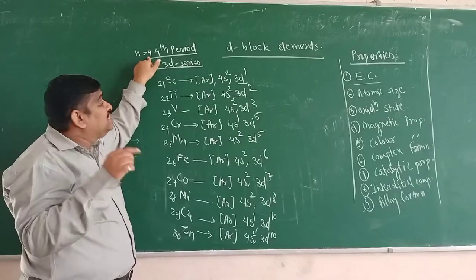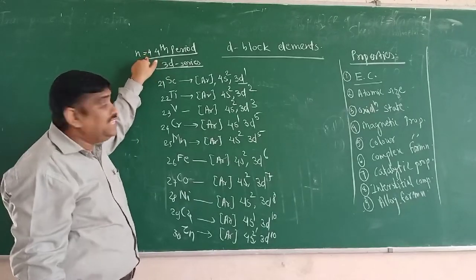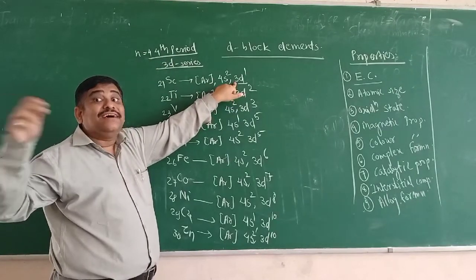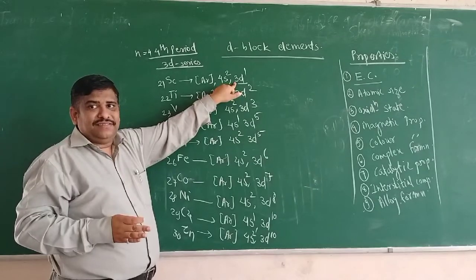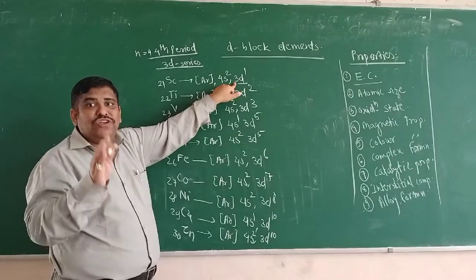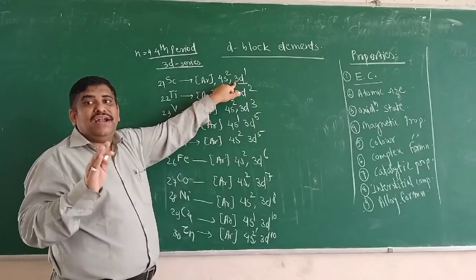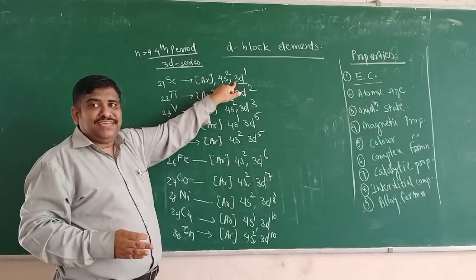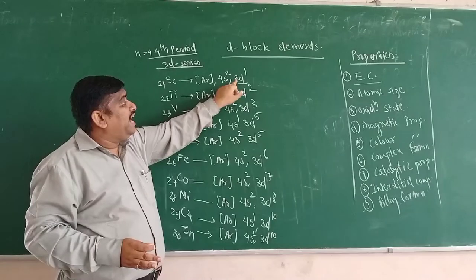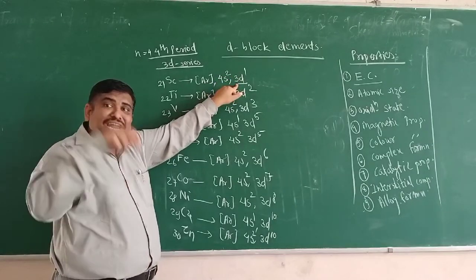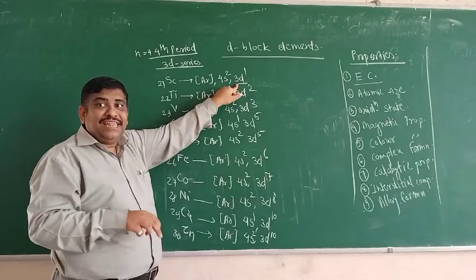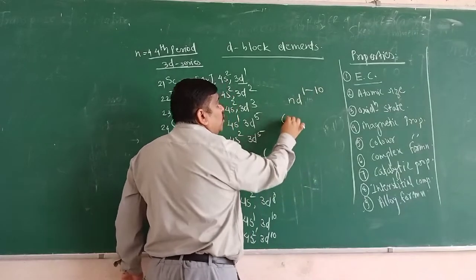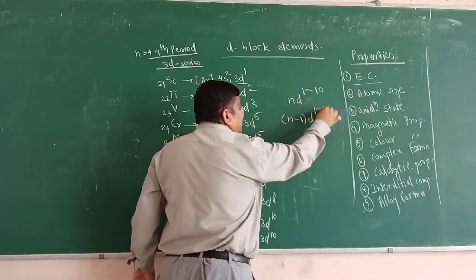But the differentiating electron is not entering the fourth shell. It is entering the third shell. The fourth shell is the valence shell, the last shell, and the third shell is the last but one shell. As I told you in the definition, the last but one shell is called the penultimate shell, and the ultimate shell is the last one. The differentiating electron enters the d subshell of the penultimate shell. Therefore, you are not going to write nd1 to 10. You are going to write (n minus 1) d1 to 10.